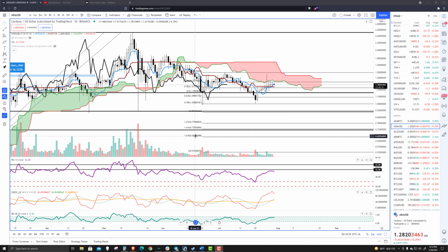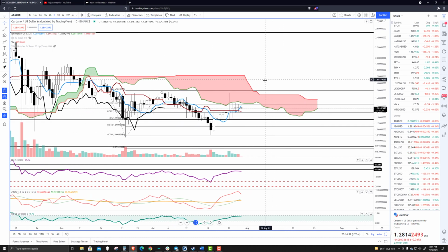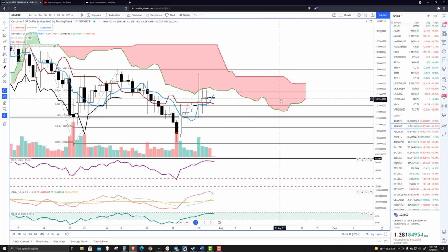It is the 29th of July 2021, taking a look at Cardano. So Cardano has printed, okay, this is Friday's candle where we're currently at. Then we have Thursday's, Wednesday's, Tuesday's, and Monday's. Tuesday was an inside bar, Wednesday was an inside bar, Thursday was an inside bar, and we're currently showing an inside bar here